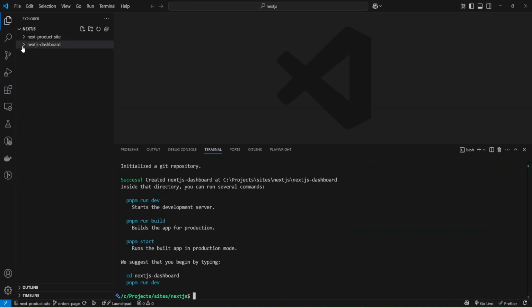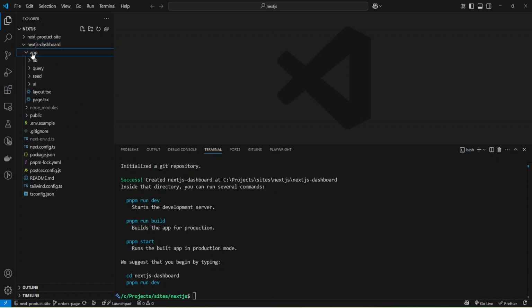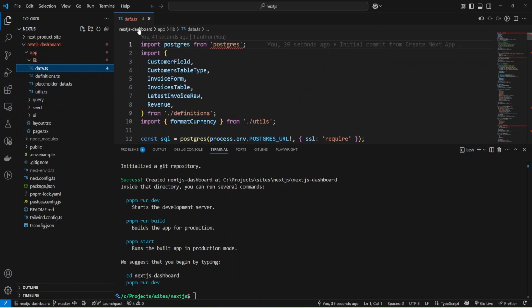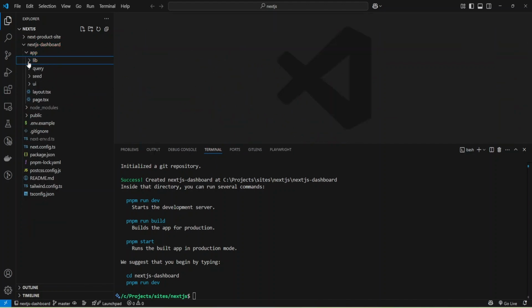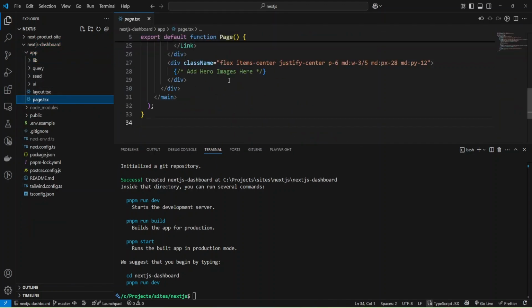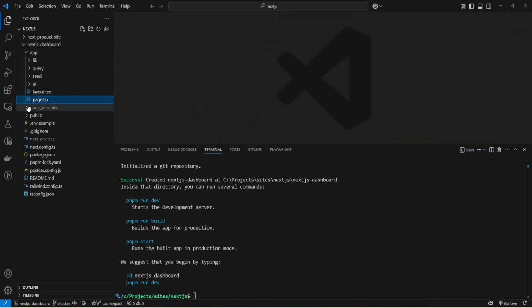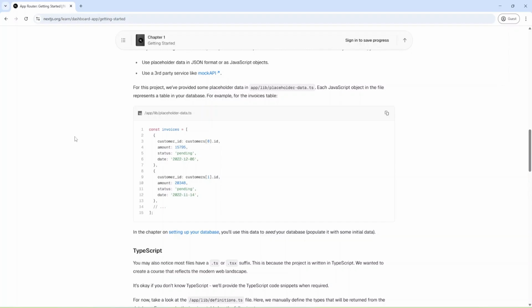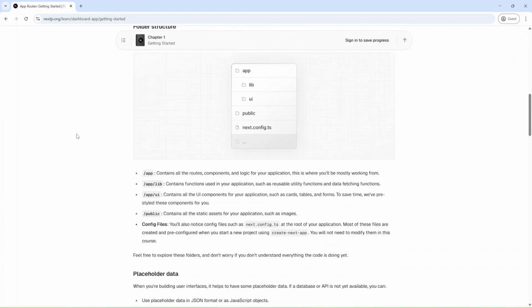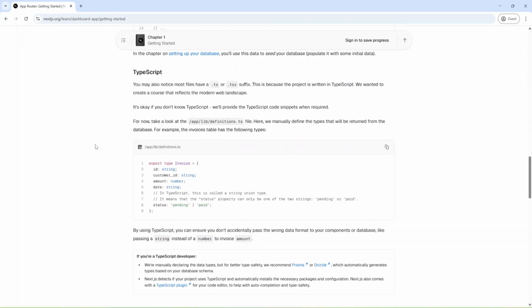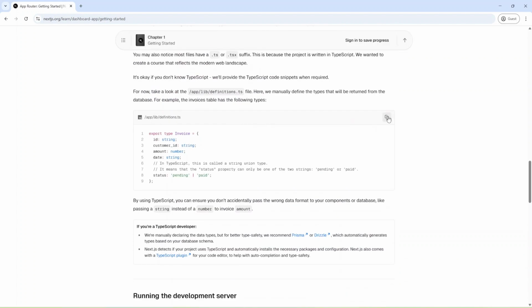Okay, and we have our application, and we can check the structure. We have app, lib. Inside the lib, we have some code, and also we have page. Okay, and let's check what's next. And we export it, and we have some invoice inside app lib.